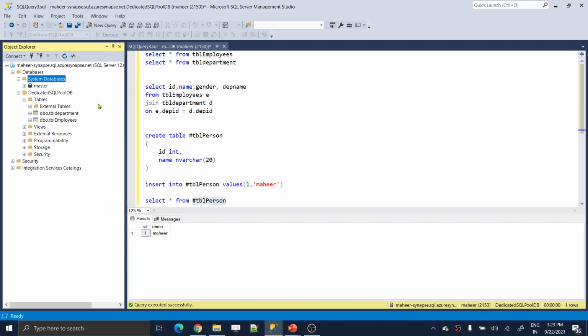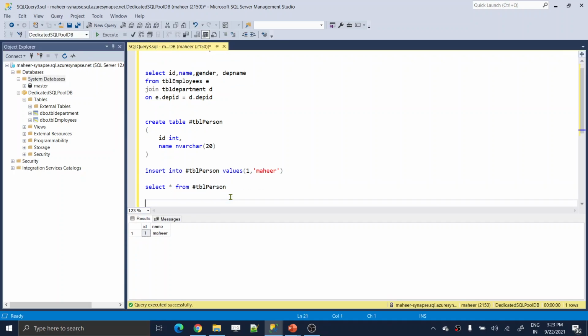Inside the system databases, you will see something called TempDB if you are using on-premises SQL Server or Azure SQL Server. But here this is a dedicated one, right? In the system databases folder, it will not show it for you. But you can make sense of the same thing by using a fully qualified name of your temporary table. So what I can do here is use TempDB dot, and inside that particular database I am trying to access the TBL person table. Okay. So now let me execute this query to make sure this table is available in the TempDB, right?